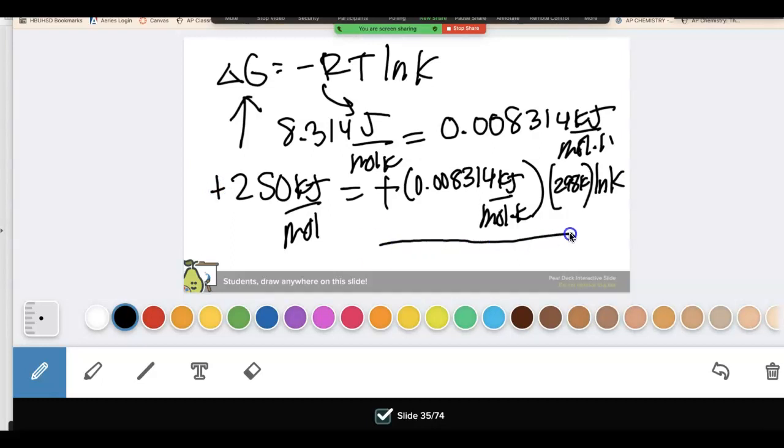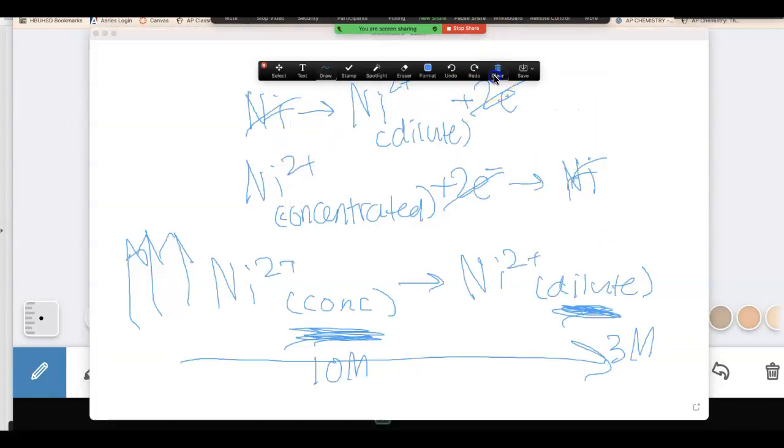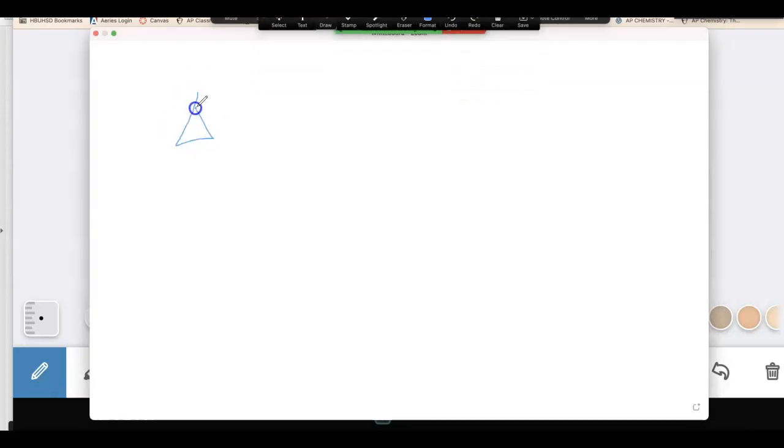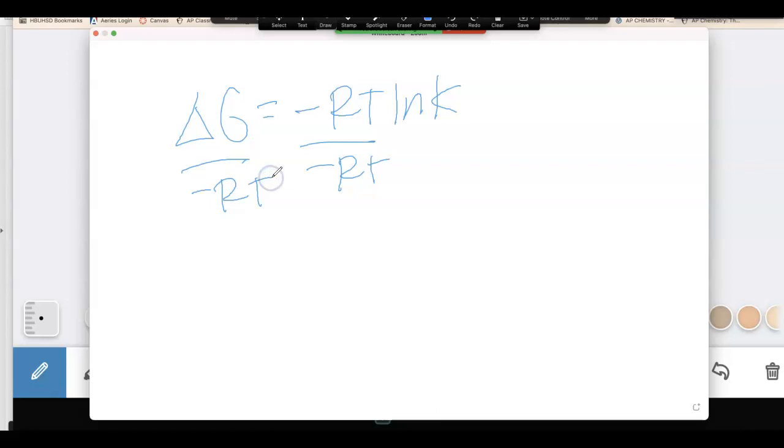And then divide by all this junk. How do you get rid of a natural log? E to the x button. So it's really e to the